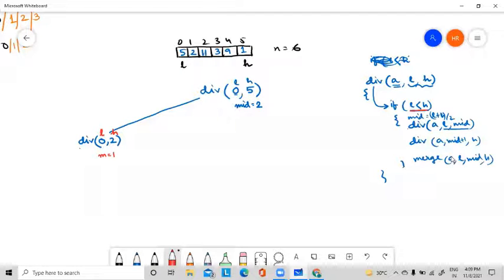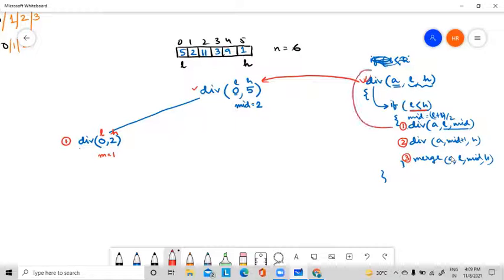So what will it call? You can number them. This is the first div, this is the second div, this is the third. These are the three functions inside the div function, correct? So this is the original first, and this is div one. Now it called the first div, this one, and inside this div.